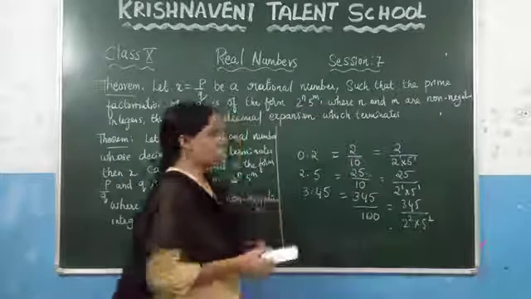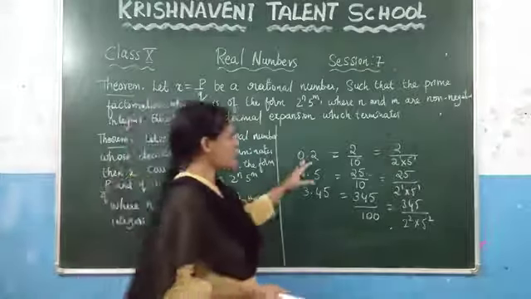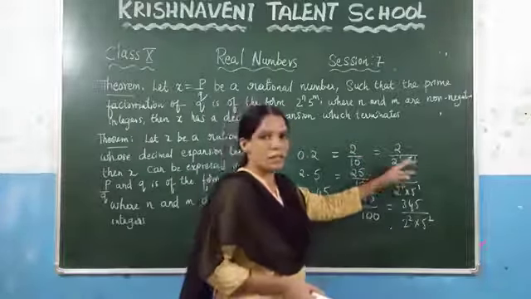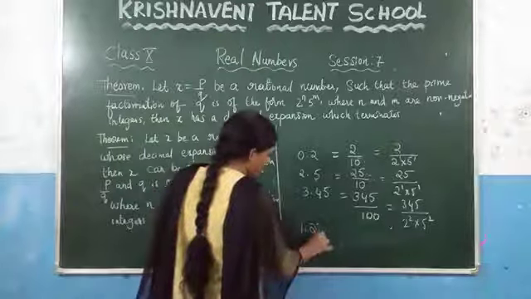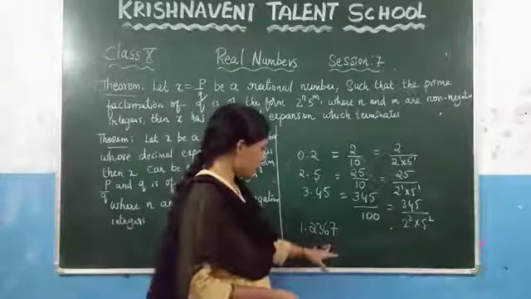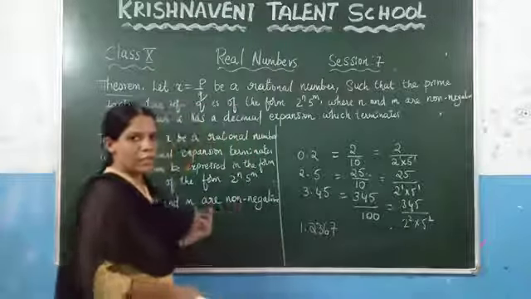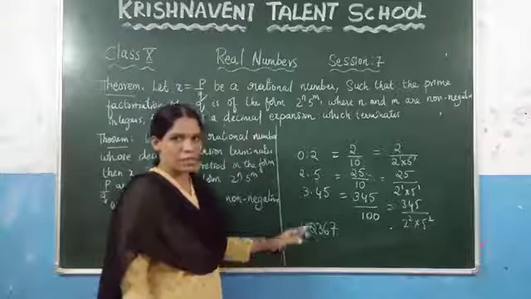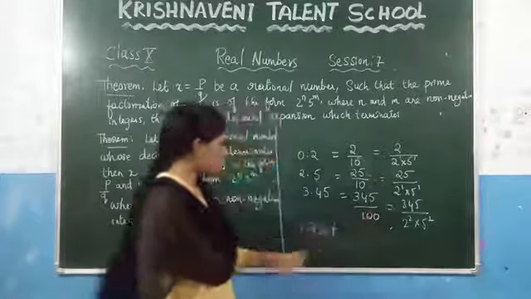So from this we can conclude that if you take any decimal number which terminates, then the decimal number can be expressed in the form of p by q and the denominator is in the form of 2 power n and 5 power n. You can take any number here. Consider one more number, 1.2367. Since it is a terminating decimal, by seeing it itself we can say that the denominator is in the form of 2 power n and 5 power n by using this theorem. That means if you have considered any decimal number that terminates, then the denominator must be in the form of 2 power n and 5 power n. Let us express this.